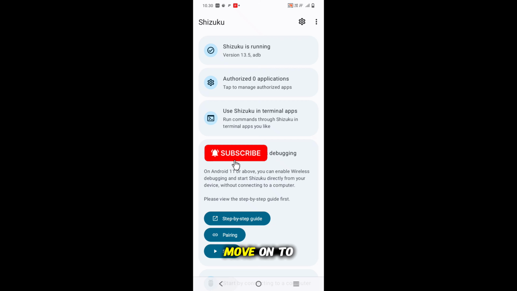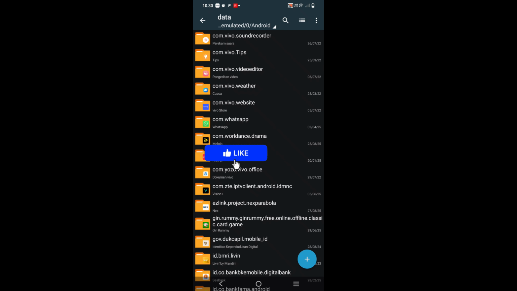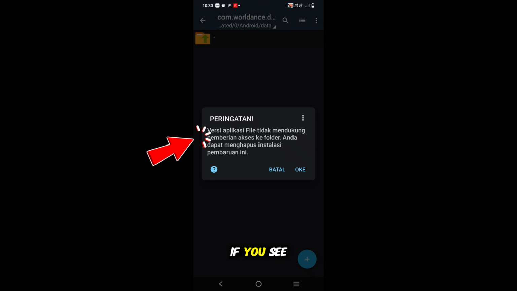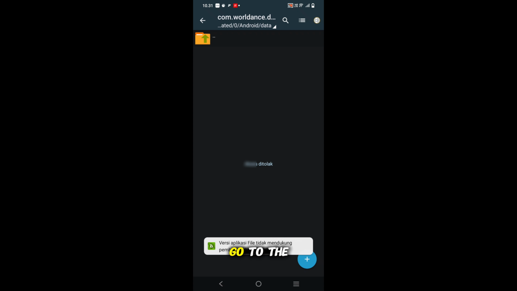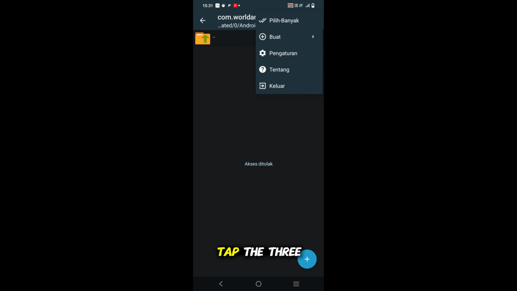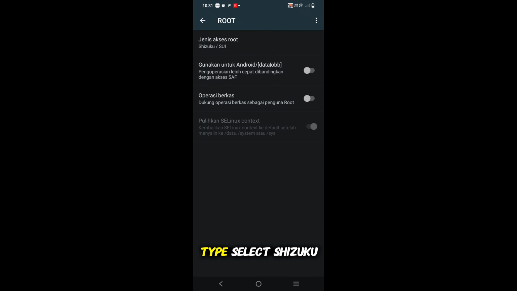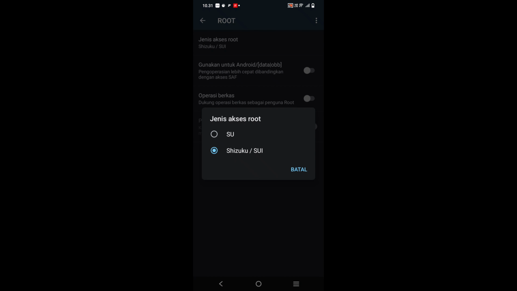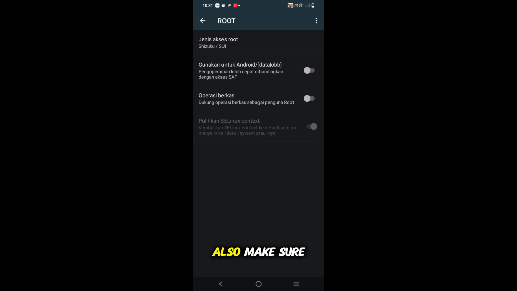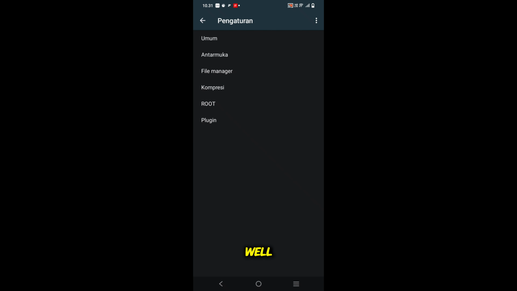Alright, now let's move on to ZArchiver. Open the app, try to access any folder. If you see access denied or can't open this folder, go to the Settings menu, tap the 3 dots in the top right corner, choose Settings, then tap Root. Under Root Access Type, select Shizuku. Also, make sure to enable this option, so you can access data and OBB folders as well,